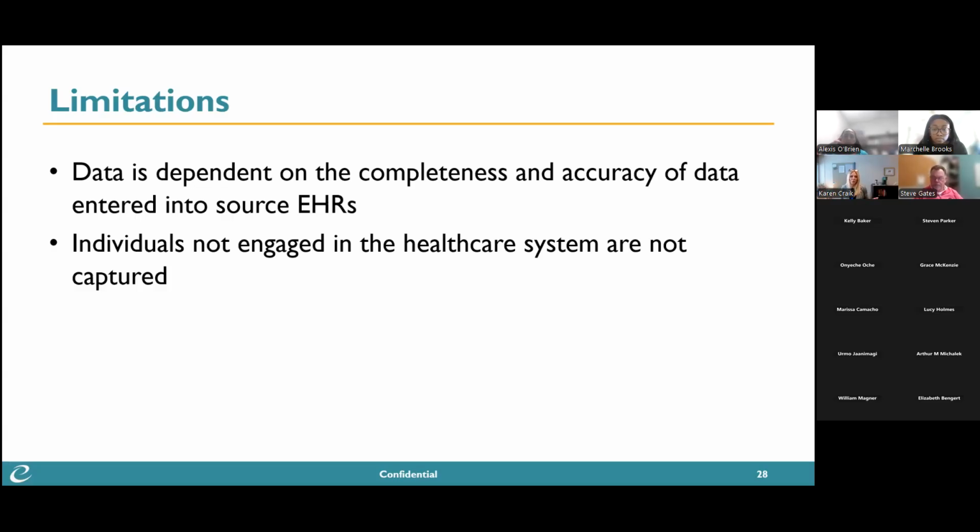What are emergency room numbers? How many people have a primary care physician? Things like that. So that's what we're going to take a look at, and we'll see what we can deliver